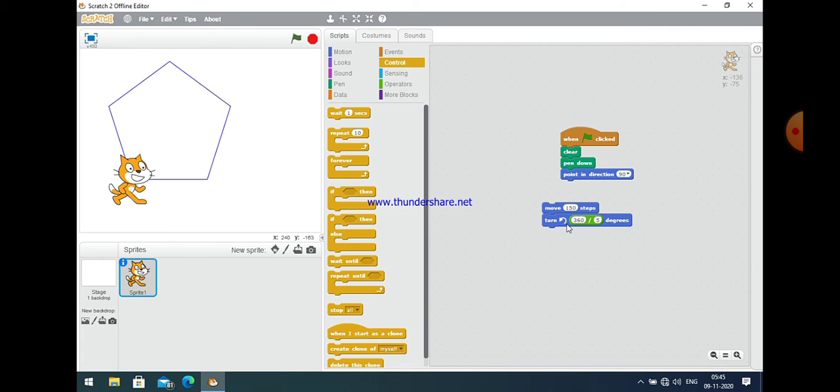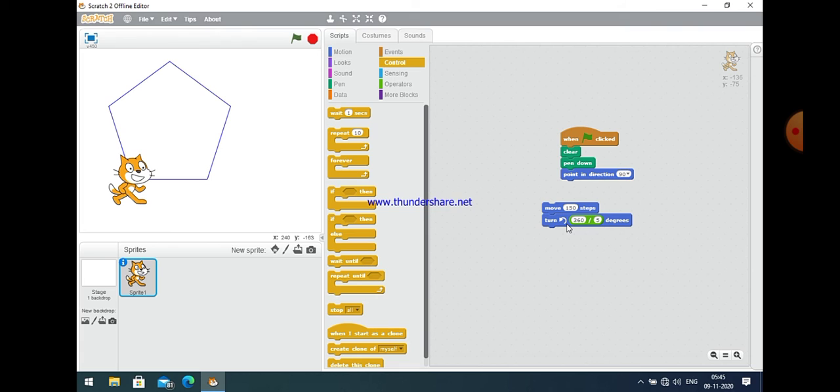Every program we can make using two different methods. First, without using a repeat block, and second, with a repeat block. When we use a repeat block, there is no need to make a copy of these two steps a certain number of times. For example, in the case of a triangle, we would have to use this command 3 times.